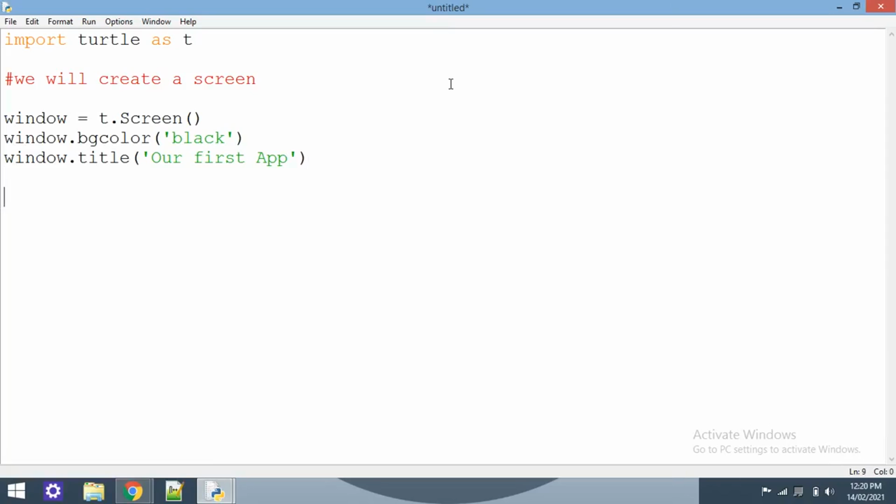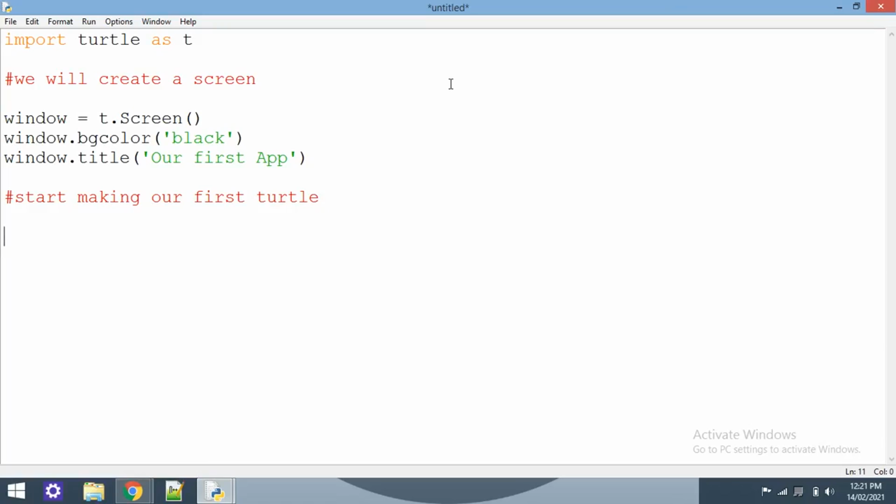Now what's next? The next thing is we have to start making our first turtle. In order to start, first of all, let's have a name for our own turtle.